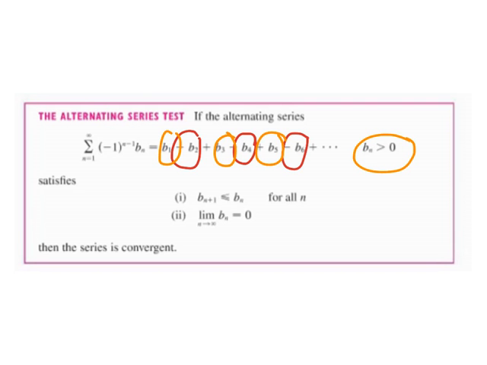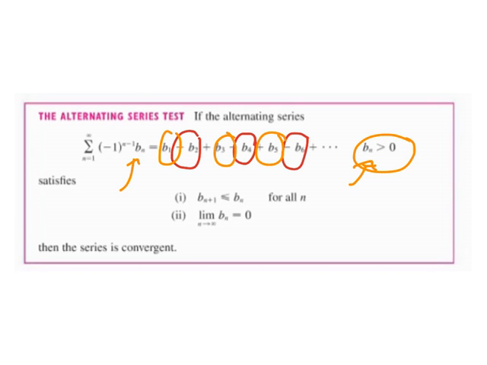And so to determine whether such a series converges or diverges, we need to show two things. The first thing we need to show is that this b sub n that we have here should always be greater than b sub n plus 1. In other words,